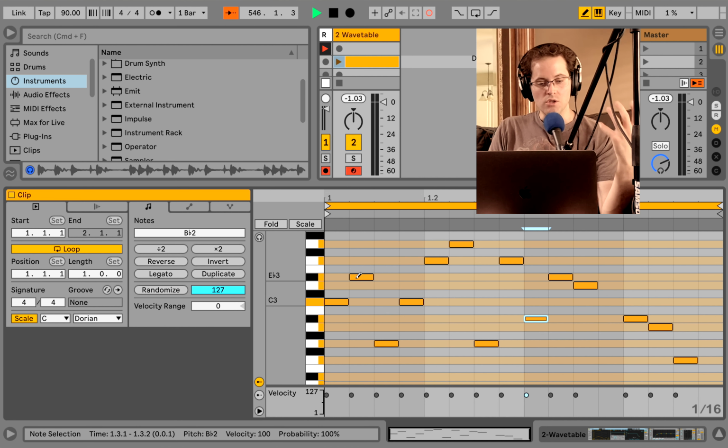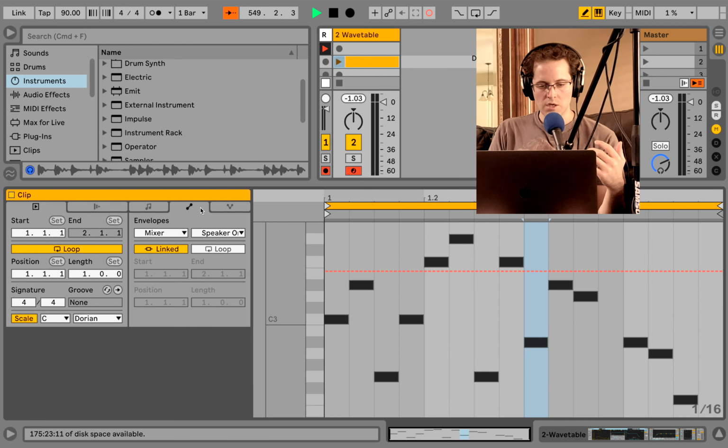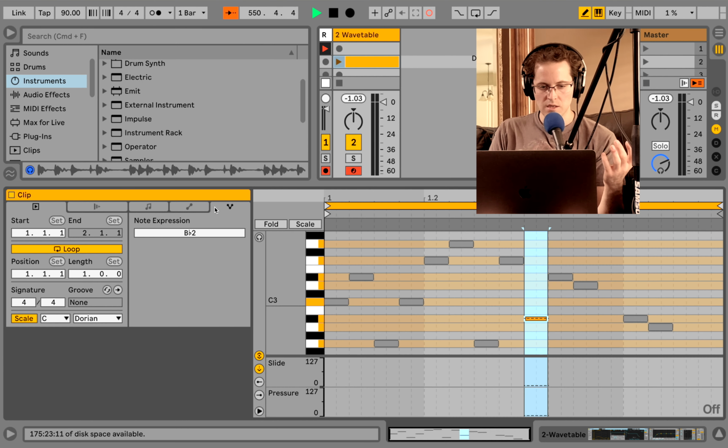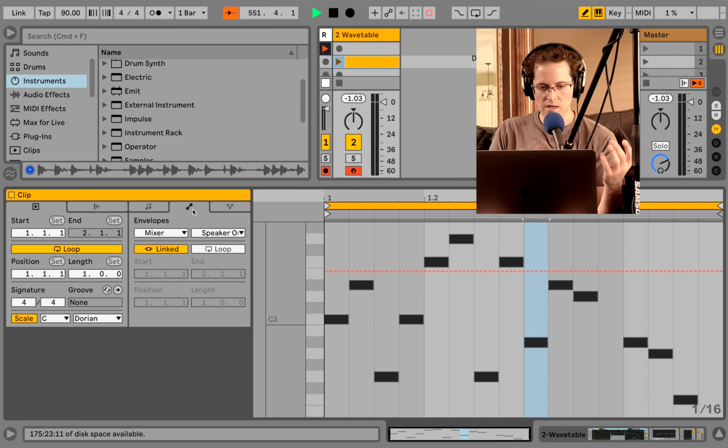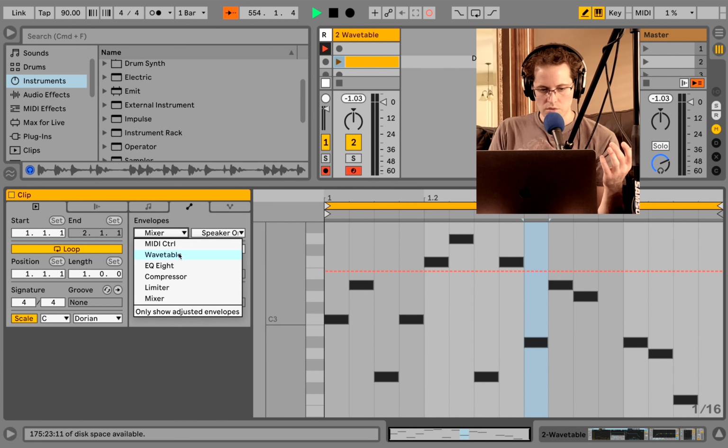But you can definitely produce in this way, and I want to show you another way that you can do modulation, which, no surprise, is clip modulation. You're basically automating or modulating these parameters, and you're doing it not in this one, but on this one right here. With the pen tool, you draw things on. So right now we'll go to something very easy, the mixer panel, okay?